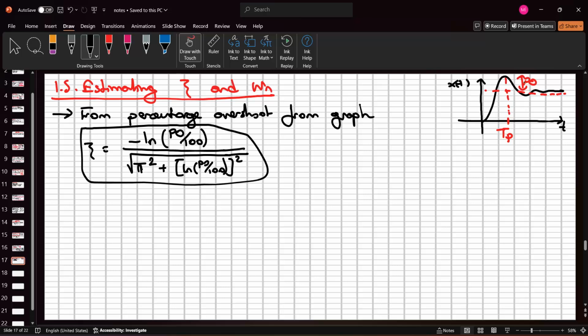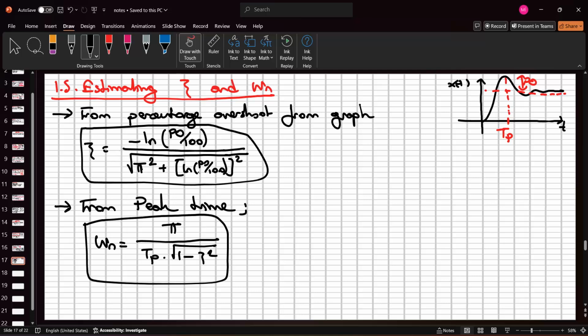And so if the graph gives us the percentage overshoot with respect to the steady state values, we put it into this equation, and so we can find easily the zeta value. Okay, and after that, from the peak time, we can write Wn is equal to pi divided by t peak times the square root of 1 minus zeta square, because zeta has been found at the previous step. Okay, so if we have these two data, then step 1.6 is calculating